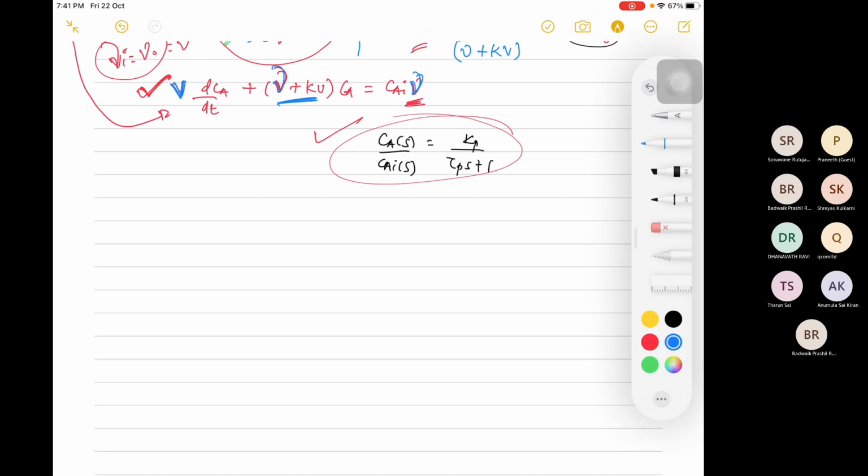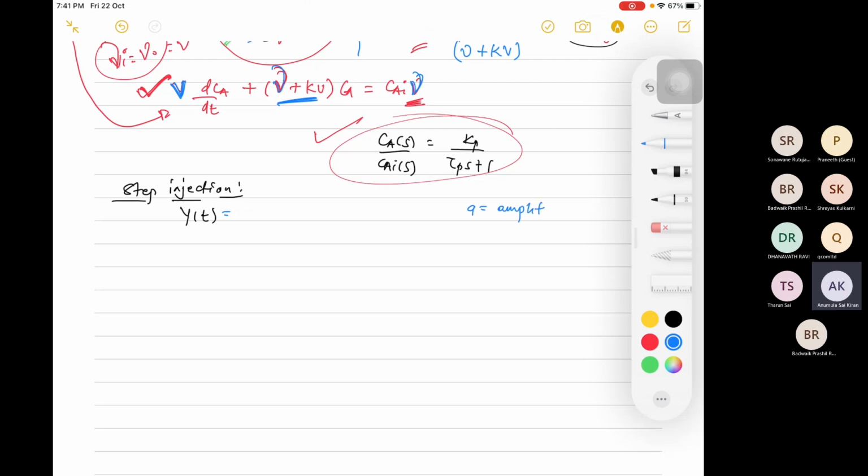Okay, I'm left with one topic, that is how to find the output. Suppose there is a step change in input, then what is your output? If there is a ramp change in input, what is your output? Let's cover this. For step input, or maybe unit step input in the inlet, what was your equation? Y of t is A into 1 minus e to the power minus t by tau. What is A? Amplitude, sir.